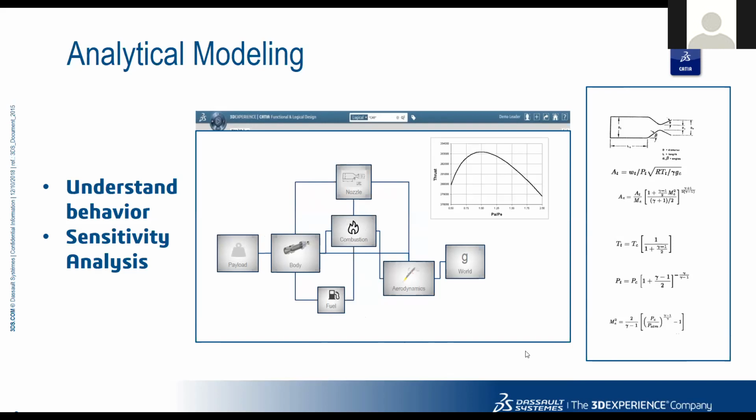So that's the idea behind the analytical modeling or the 1D simulation at the beginning. So you understand the behavior of the individual system, you understand the behavior of the overall system as a whole, and you do sensitivity analysis, and you say, if I change the diameter of the nozzle, what happens to my thrust? If I change the fuel mixture, what happens to my pressure? And things like that. So that's the idea behind the analytical model. So this is probably going to be accurate, but it might become more and more accurate as you go through